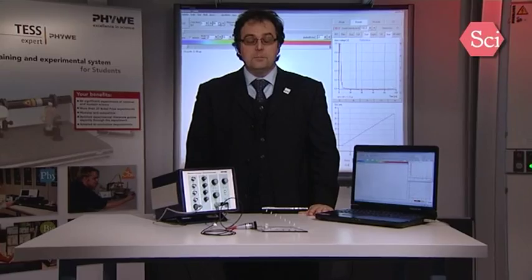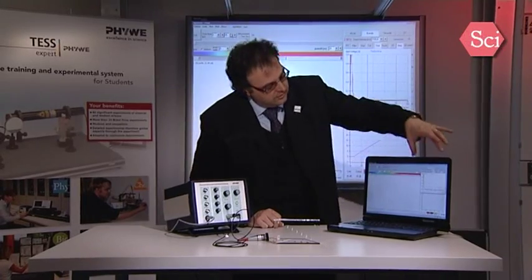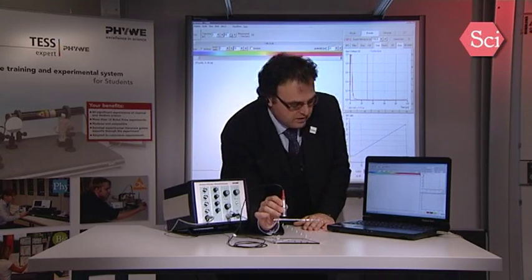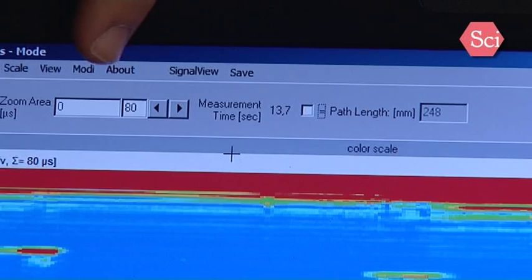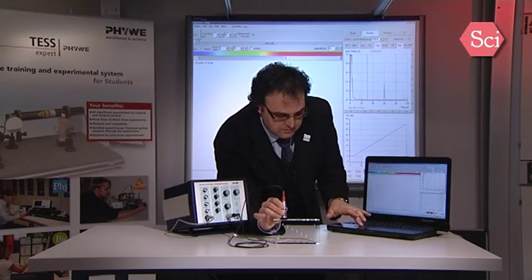The next step is now the B-scan. The B-scan is an imaging method that will say that we will create an image of this block. For this, we have to set up the B-scan screen. The B-scan screen is similar to the time motion screen. So we have again the A-scan, and here we have exactly the same windows. So we can see that we have no peak wider than 80, so we will reset as in the TM mode 80 here. We will start the measurement,